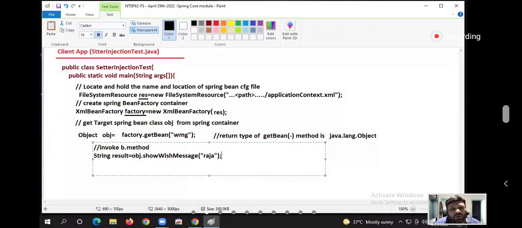I don't want any other answer, I want whether it is valid or invalid. The core Java people should respond: invalid. Why? When a superclass reference variable is referring to a subclass object, we can call only the common methods of both classes, right? If you want to call direct methods of the subclass, we should go for typecasting, or not?